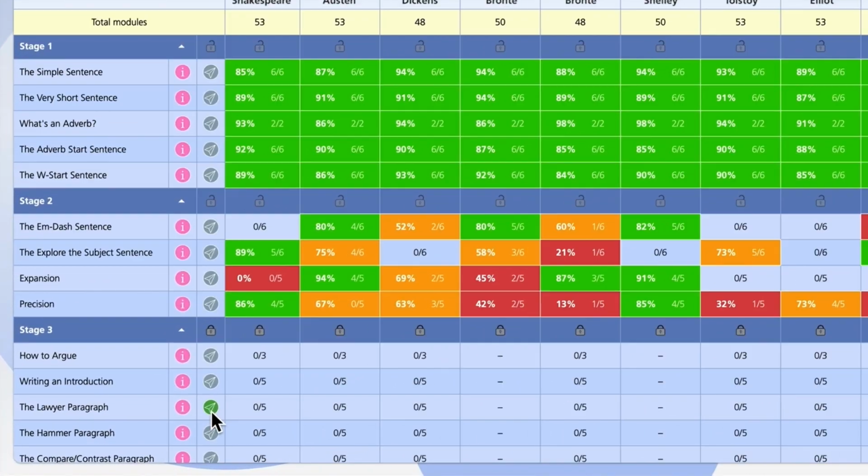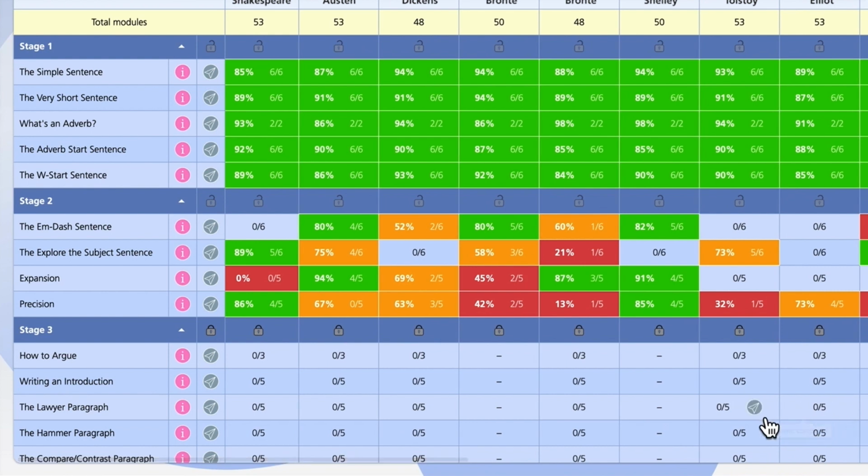Now if I for some reason decided that I didn't want the students to have access to that module, so I want to take it back, I can just click on that quick assign button again and you'll see it will turn back to grey and it's now retracted that module from the student. So if you accidentally click that button, it's a really easy fix just to bring it back again from your